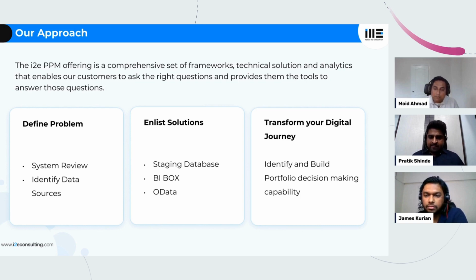The third option that we have is the OData. It's a little technical piece, you can say, so probably we'll cover it separately in the next slide. But once we identify the solution which suits the client, we move on to the next step of designing the dashboards. So the data is available, and the reports can be developed either in Planisphere Explorer, or in any of the third-party BI tools, based on the solution that you have selected in the previous step, be it a staging database or BI box or OData. The dashboards are then developed and customized accordingly to the needs.